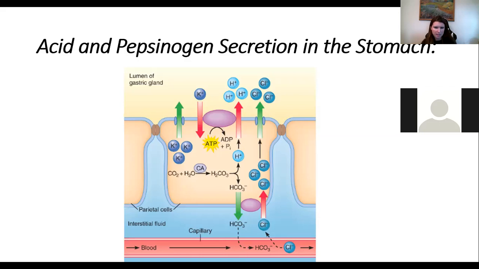So on the basolateral membrane, that bicarbonate that we just made is going to get sent to your plasma, so that might affect your blood pH. And at the same time, we use the same protein to trade bicarbonate for chloride ions. So we pull chloride ions into the cell. Then both the chloride ions and the hydrogen ions that we made from CO2, right, get secreted